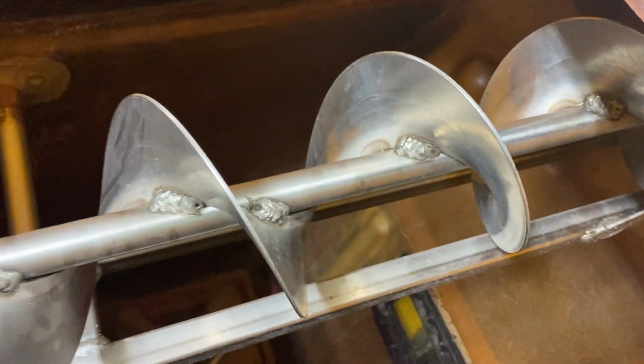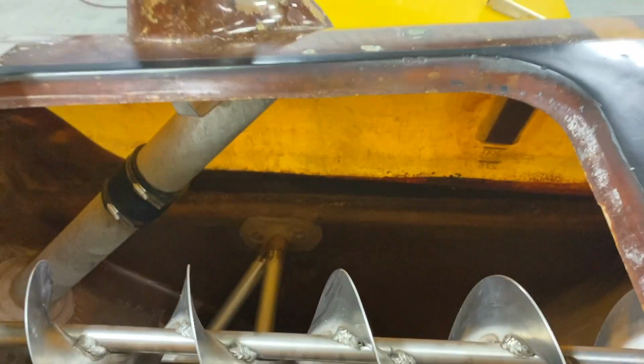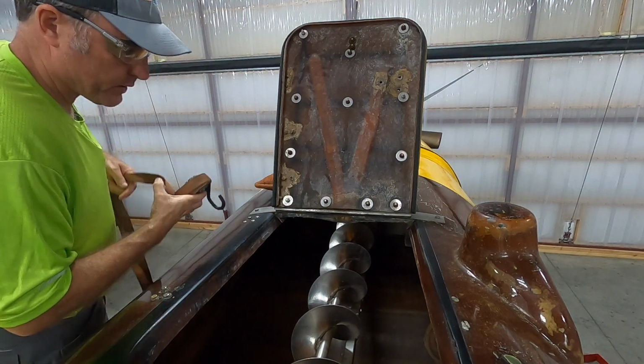So I need to get the auger out of the way. I'm not very big, but I can't fit through there. I tried. It was close, but not quite. I think what I'm gonna do, so that framework splits in half,